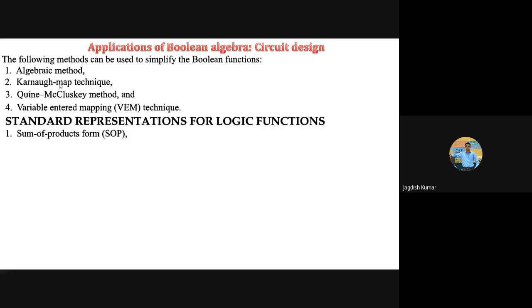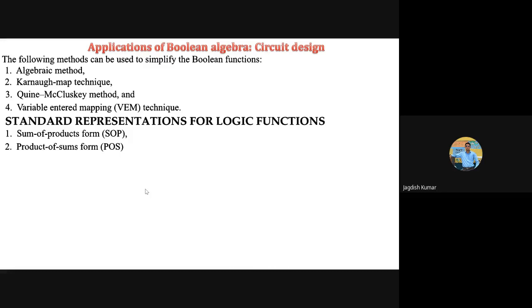Sorry. So any Boolean expression can be written in two standard forms. One form is called sum of products form, which you also call SOP. The other form is product of sum form. It's not that only sum of product or product of sum are the possible options. There can be other complex options as well, but these are the most popular and simplest. Why they are popular and simplest will be clear shortly.